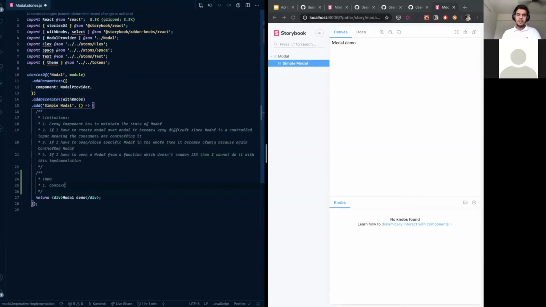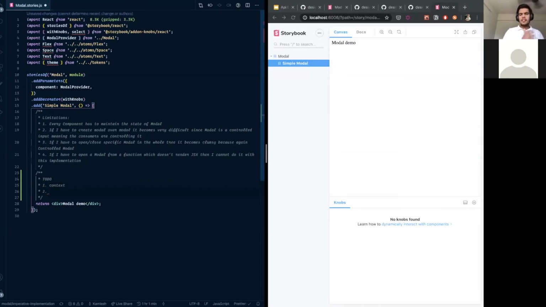I'm not going into Redux and all those things because it's not the use case here. Context would suffice. So we need a central store which tracks the whole component tree, or the stack of the modals that are already opened or closed. The first thing is context.